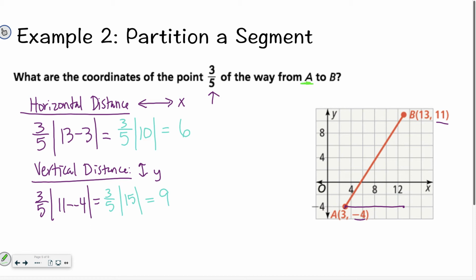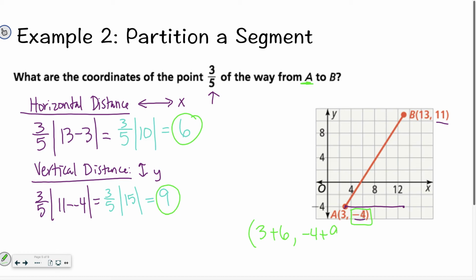So I'm moving from point A, so my A value for x is 3. And this 6 is how far I'm moving in the x direction, so I'm going to add 6. And then for my y, I started with negative 4, so I say negative 4 plus I'm moving 9 units